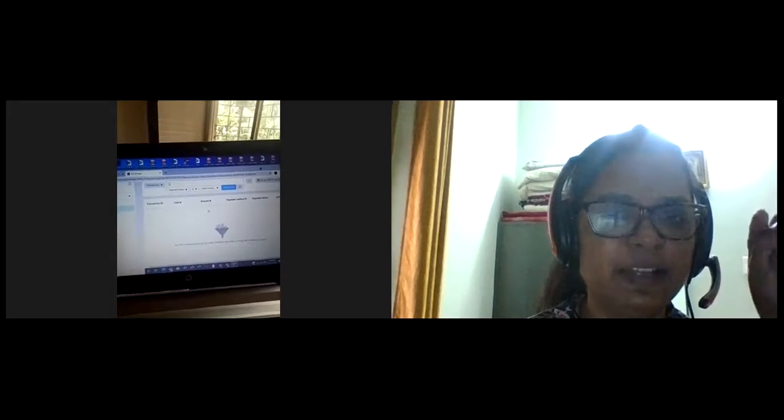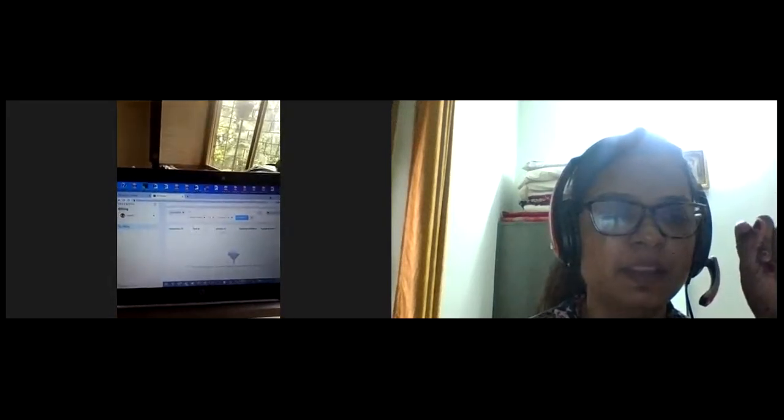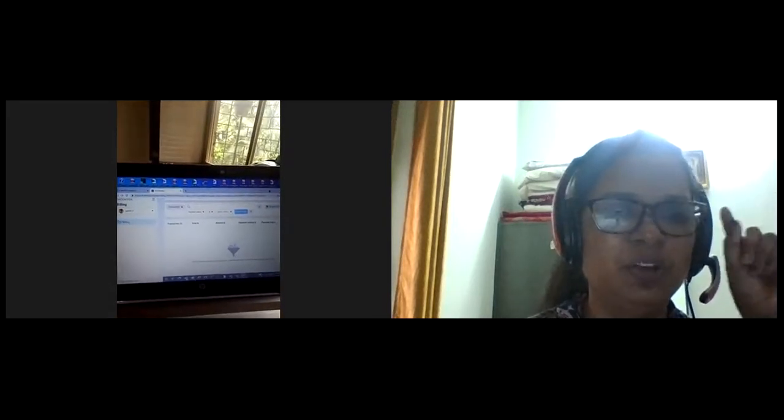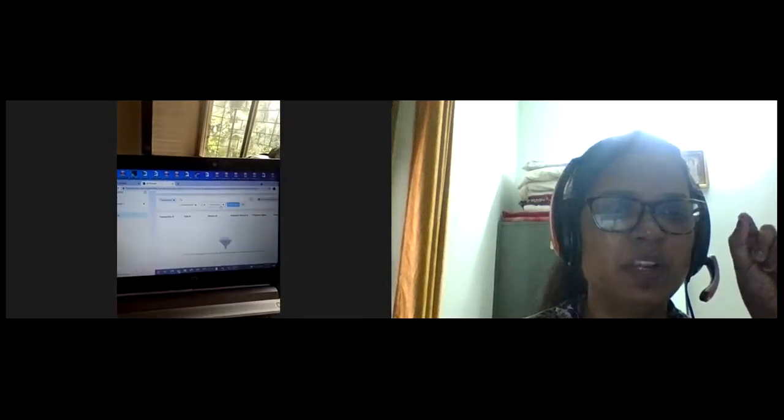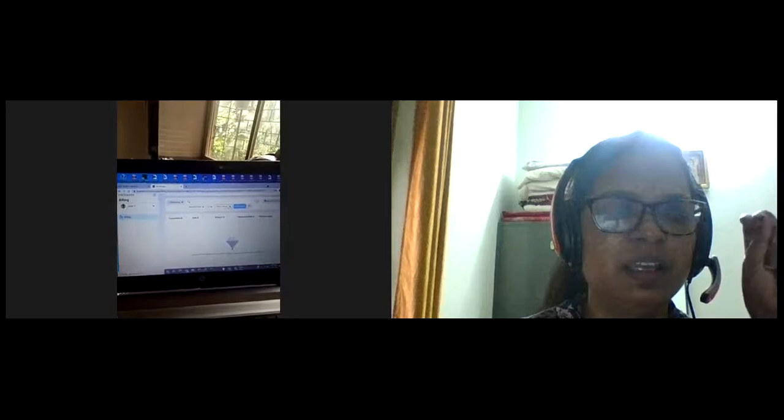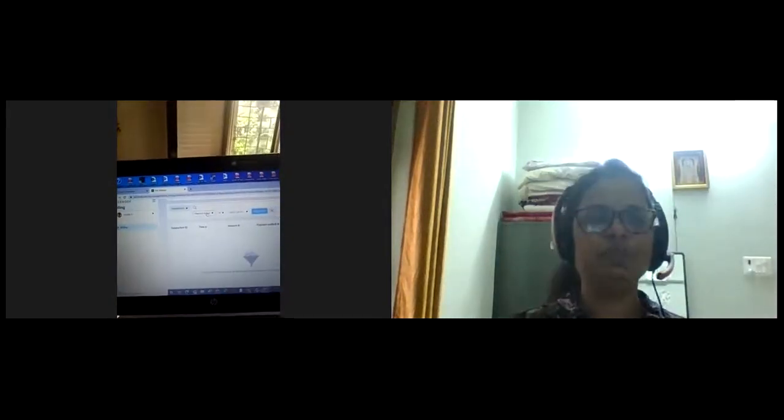You add funds. What else is it showing? Transaction, and what is that blue color button? Apply filter. No need to apply filters. What else is it showing? Select value. When you select the option, it will show you the select value.